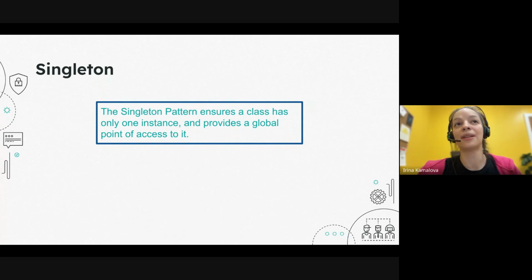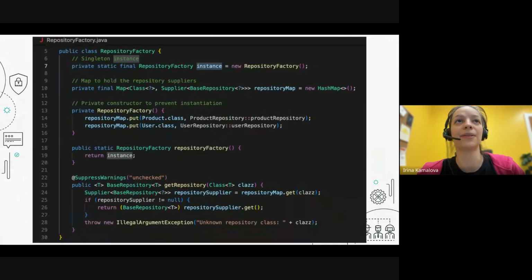So singleton ensures a class has only one instance. Again, it will be the same for critical functions. We should think very carefully that critical functions wouldn't be reused, which is also about configurations, etc. A lot of things we think about as singleton. So a repository factory should be a singleton, and